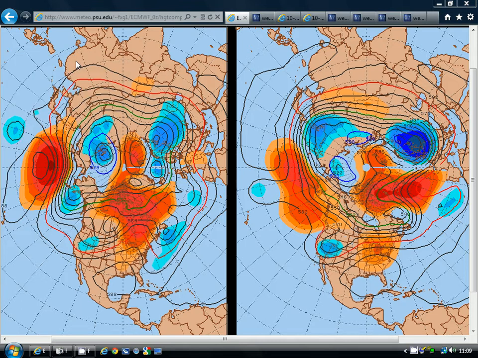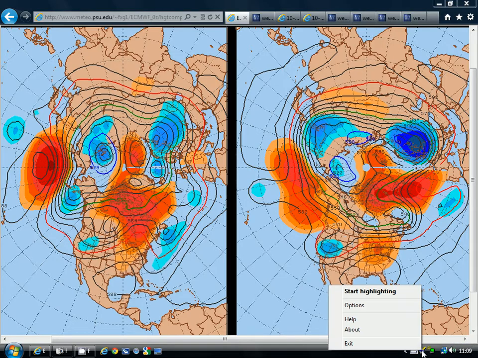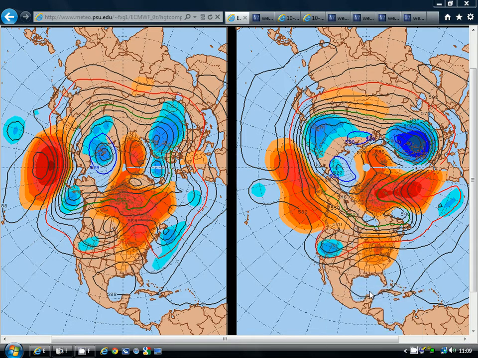So we'll just very quickly start off with the 500 millibar height anomalies. The 500 millibar height anomalies are basically indicating temperature to 18,000 feet, 500 millibars, and that extrapolates to where we've got areas of high pressure and low pressure. We've got the ECMWF here on the left, and the GFS is on the right. The orange colours then are indicating above average temperatures, that's above average pressure, and the blue colours indicating below average temperatures, that's below average pressure or low pressure.